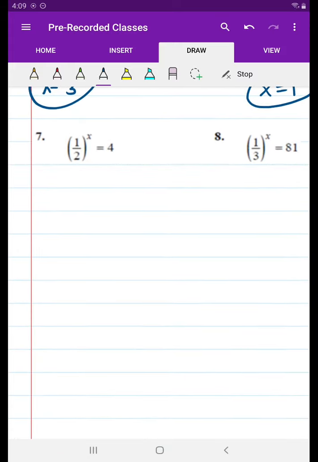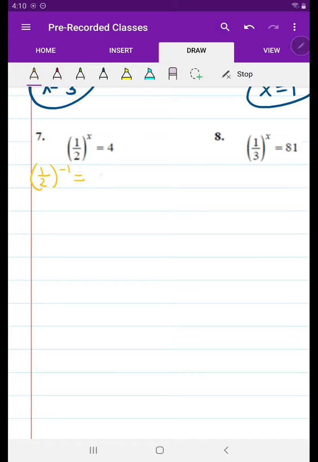So going on to, let's see, we'll skip around down to number 7. So these look kind of funny because we've got fractions equal to whole numbers, but we can rewrite that in terms of the same base. So if you think about 1/2, we can turn that into 4. The first issue here is 1/2 is a fraction and 4 is a whole number. But we know that if 1/2 is raised to the power of -1, we could flip that fraction,